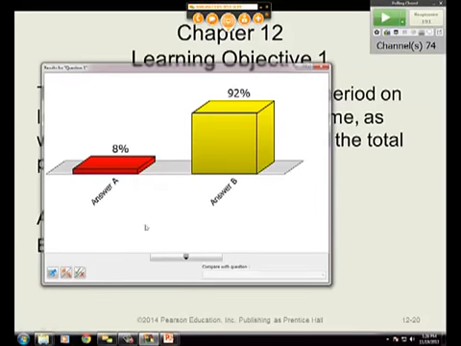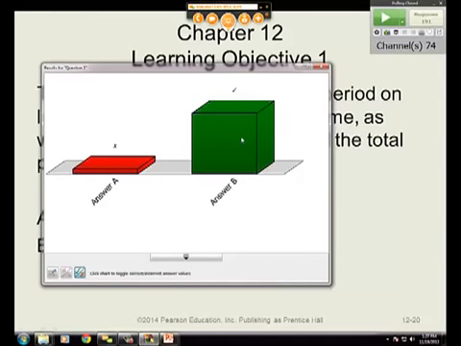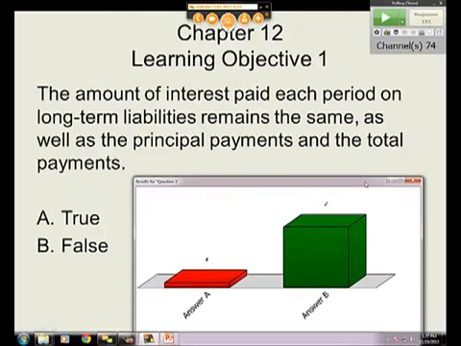All right, close enough. Looking for 100%, but it is false. So let's go through this. Now you have to remember that the interest paid has to be different. So number one, this statement is loaded with false information, so that the dollar amount of interest you pay each period will change every time